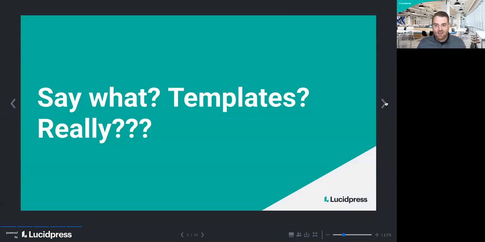Templates? Really? One of the most important investments? Think of all of the different things that pull at our time and money as marketers. Do we really think that templates are one of the most important investments? Yes, I do. And I want to take some time to explain why, based on the research that I've done with all of these different companies.